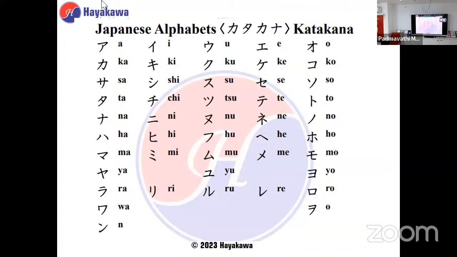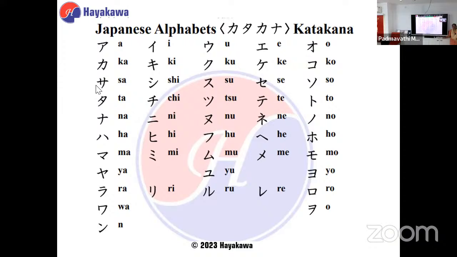So now we are going to see katakana letters. The good thing is that the pronunciation will be very similar. The pronunciation that we saw in hiragana is exactly the same, right? Where we had special cases, here also we have the same special cases. But the only thing is the way of writing is different. So that is a good advantage for us, because we need not learn any special pronunciation in the basic